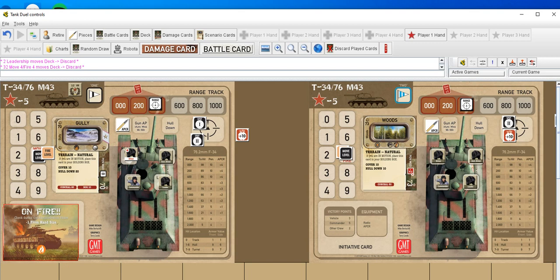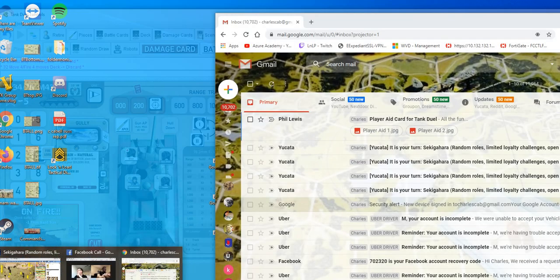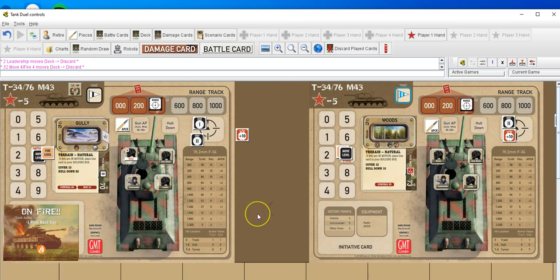There should be 2. Go ahead and right click, whoever set the game up, right click on the create deck again. And it'll